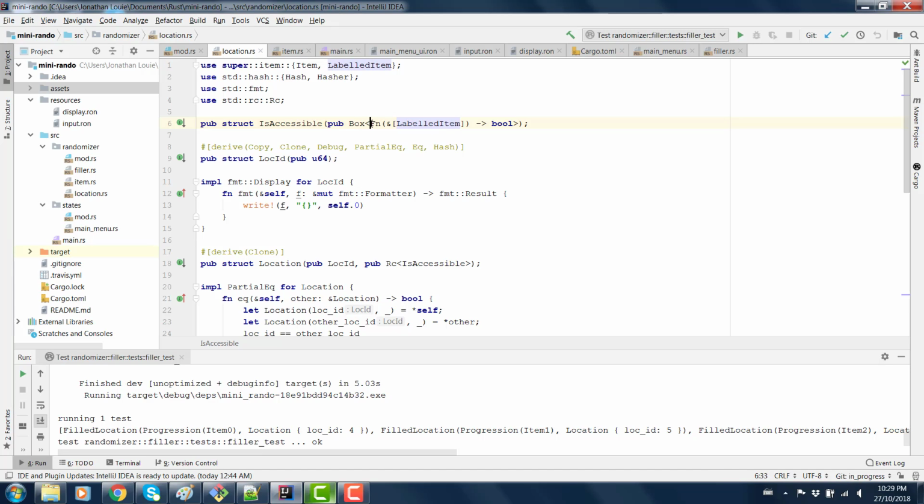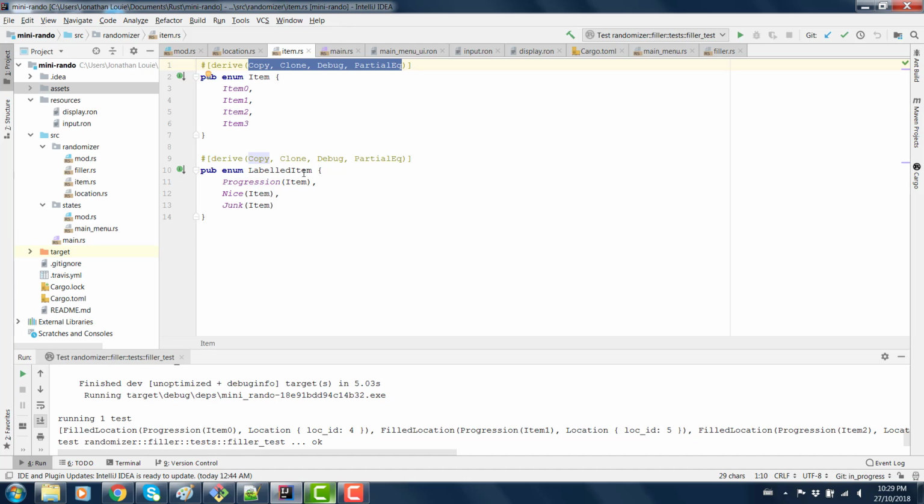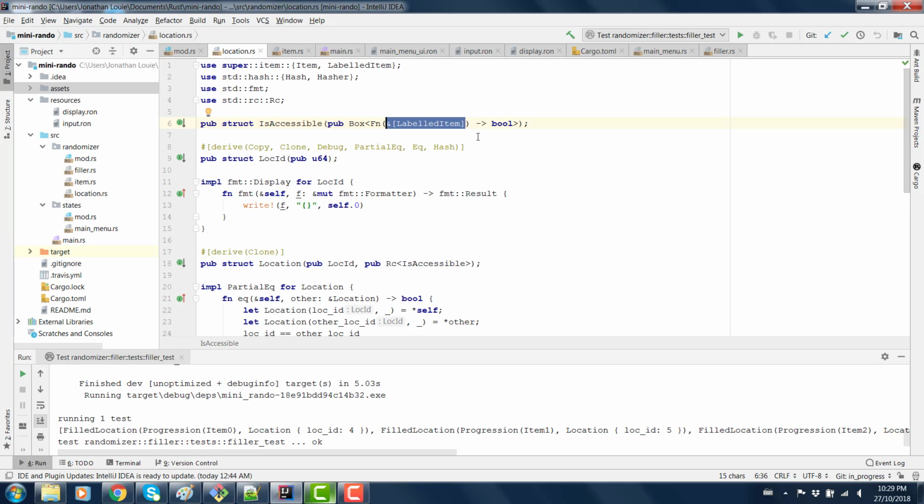Typically, it automatically implements clone for a closure if it can. Yeah, and that's if its constituents can be cloned. I thought this could be cloned because I have it labeled as copy clone here, but apparently that's not good enough. So instead of trying to